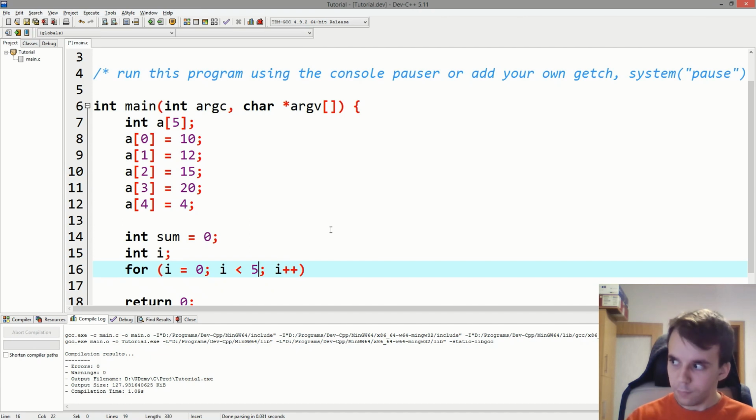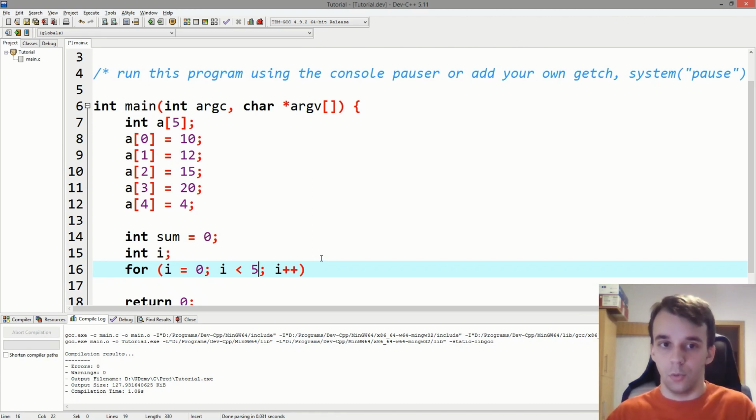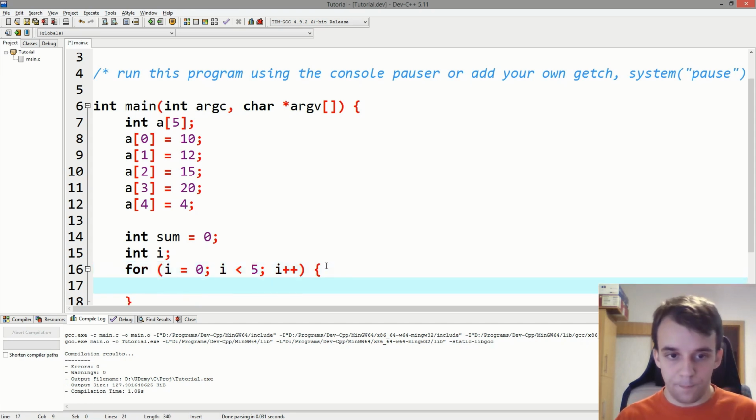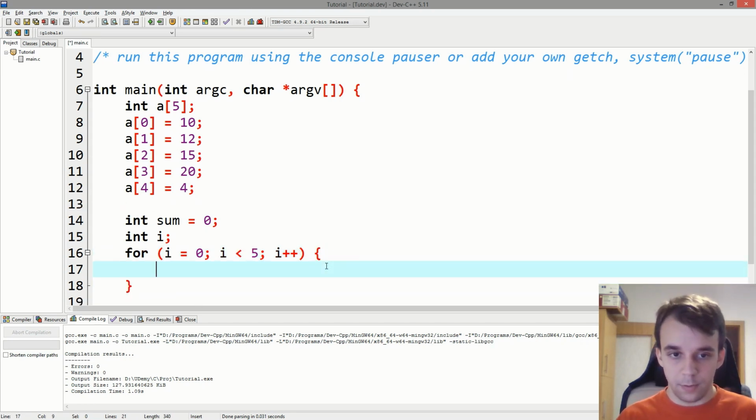So if you go through the sequential methods that I went when I presented the for loop, you'll notice that it goes through i equals 0, then i equals 1, then i equals 2, 3, 4, and when it gets to 5, this condition is false and it exits out of the for loop. So that will be used to iterate the array,